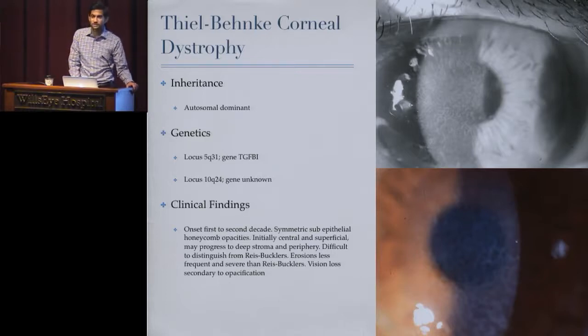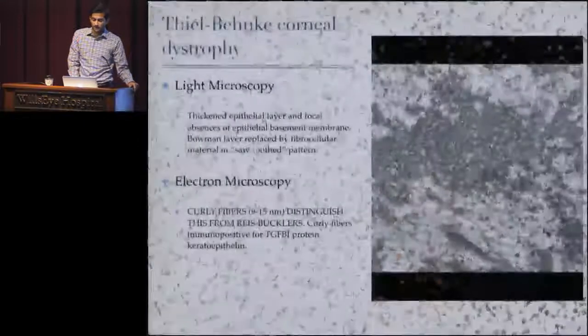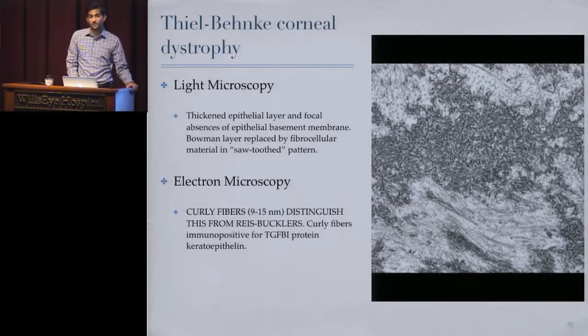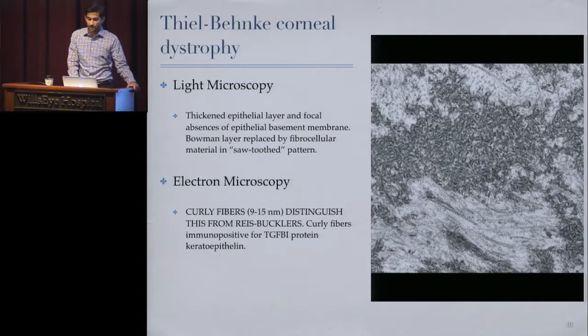It's less severe than Reis-Bucklers in general, so the erosions are less frequent, the vision's not as compromised. But again, people lose vision just because of clouding of the cornea. Treatment's the same. So how do you tell the difference? One, if you have tissue, this was on my OCAP, I think my second year, is what's the electron microscopy findings. So you'll get these curly fibers, that's a picture of that, and that's in Thiel-Behnke,